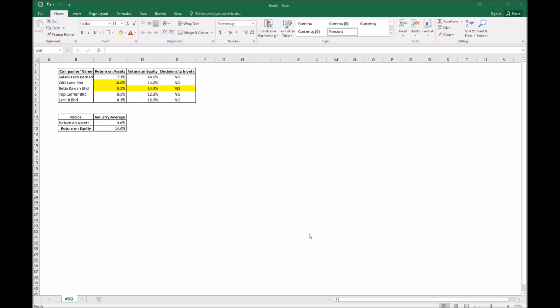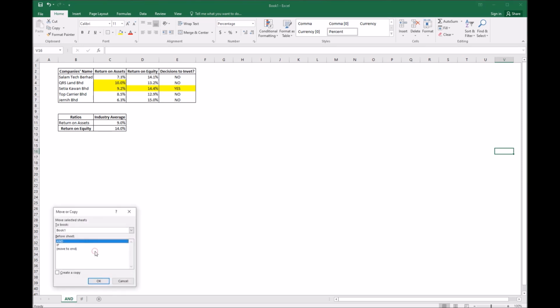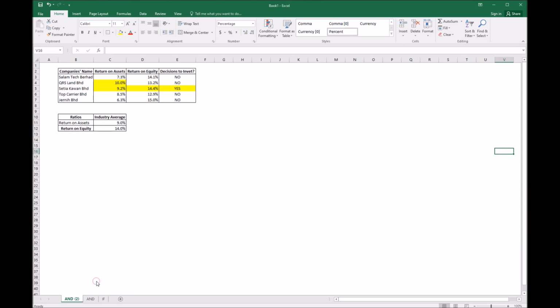Okay, guys. So before we proceed, make sure that you create another copy or we duplicate this. Right click your mouse, click move or copy, and then create a copy. Alright. So name this as all. Okay. Alright. So as you can see in page